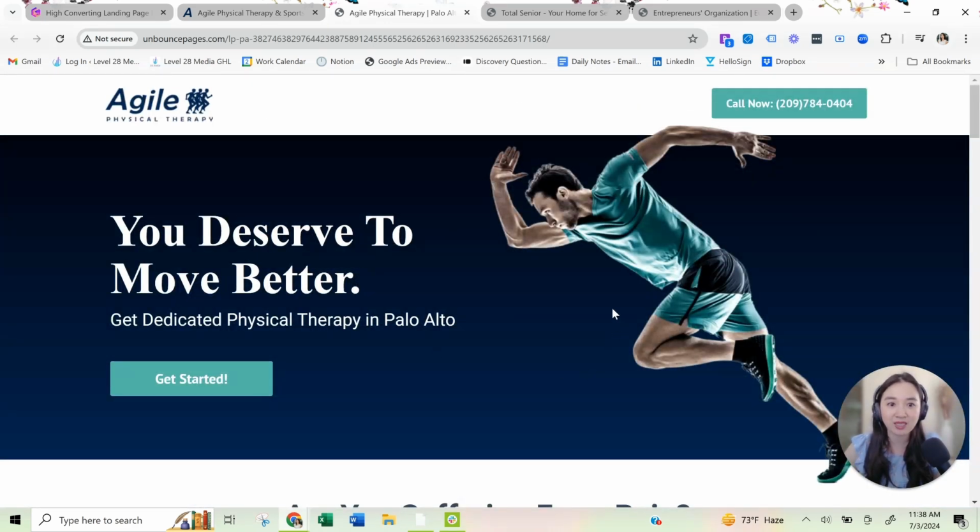And with that, we are explicitly saying that you can get dedicated physical therapy in Palo Alto, not mentioning all these other areas. It's just this one because within our Google Ads campaign, we're only focused on the Palo Alto area. So when the user sees this, and they're actually in Palo Alto, looking for a Palo Alto physical therapist, then this is going to be a lot more impactful and aligned with the user's interest